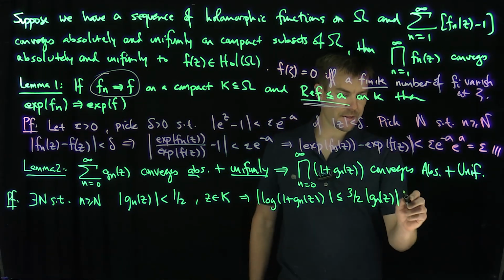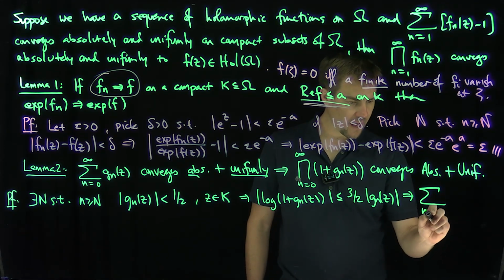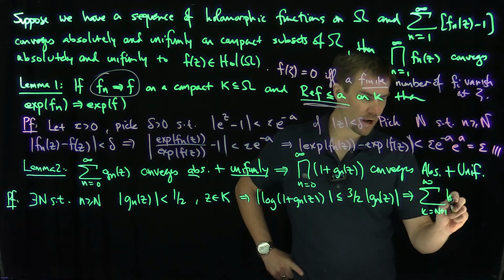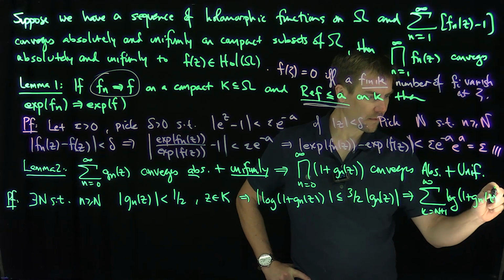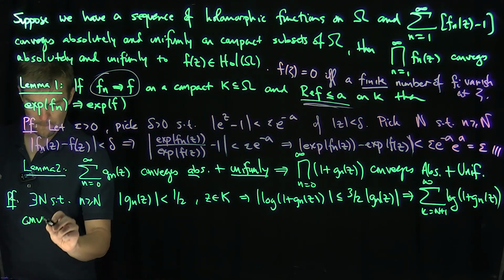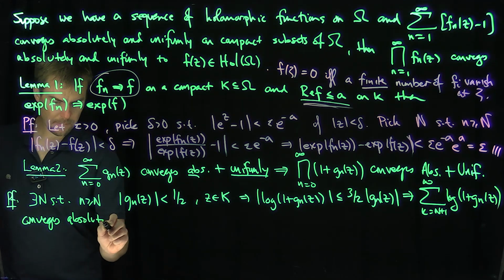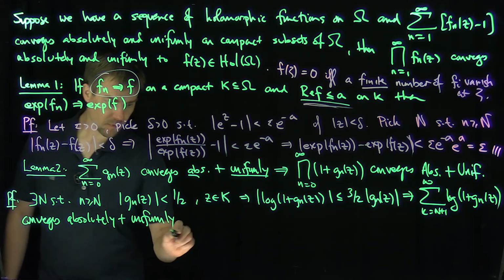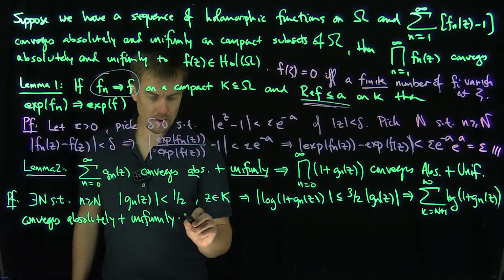And that proves that the sum k goes from n plus 1 to infinity of the log of 1 plus Gn of z converges absolutely and uniformly. Great. Now, since that's the case, I can apply lemma 1. By lemma 1,